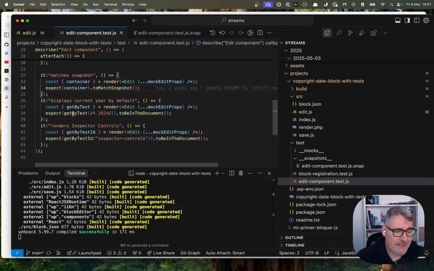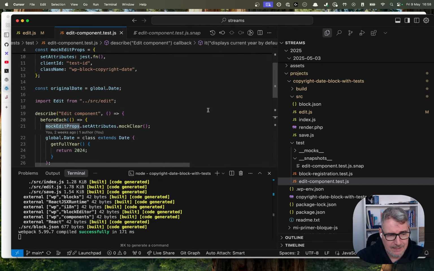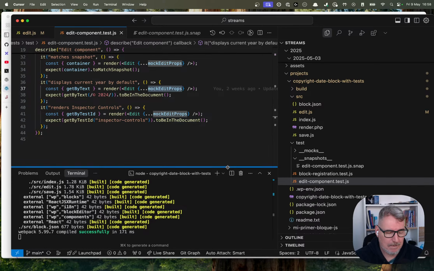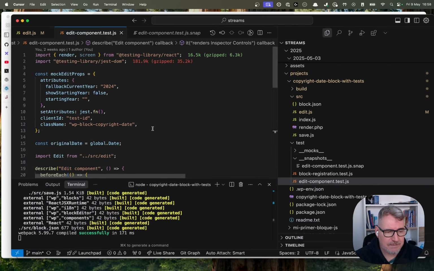Then we are also testing that the returned values contain this when we pass these props. And then we are also testing that the component inspector controls is in the document. Okay. And how are we doing this? Because